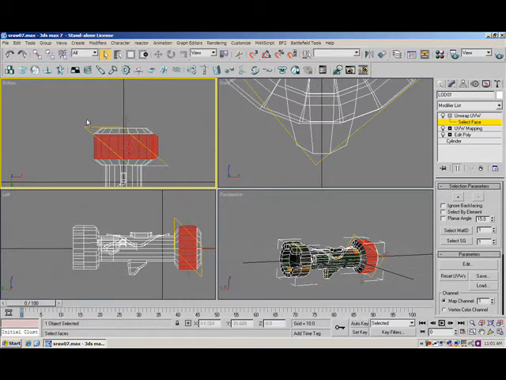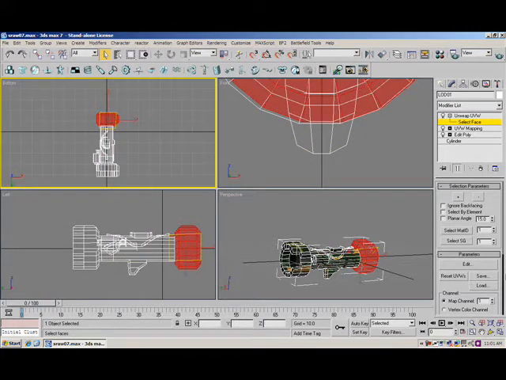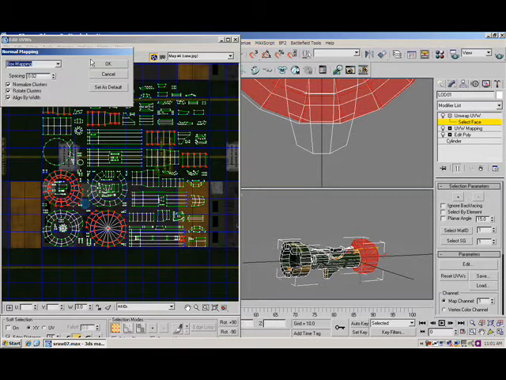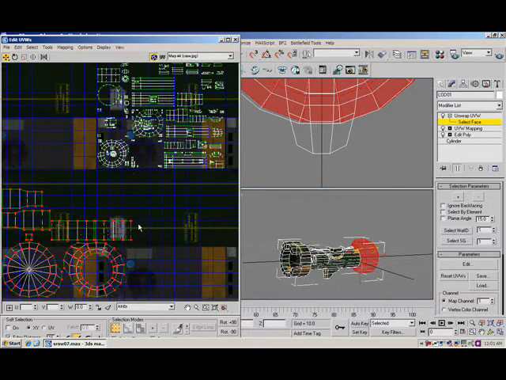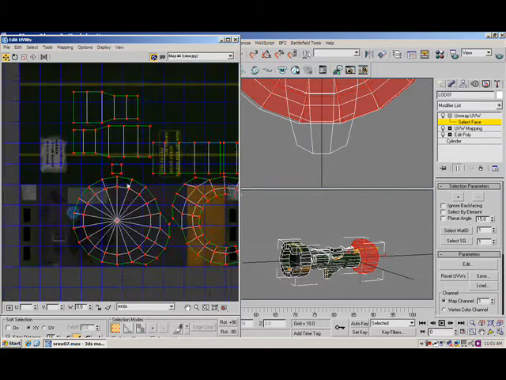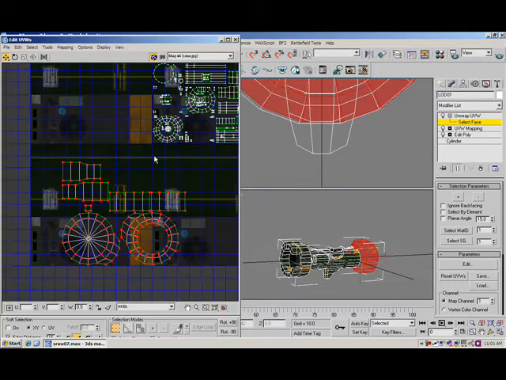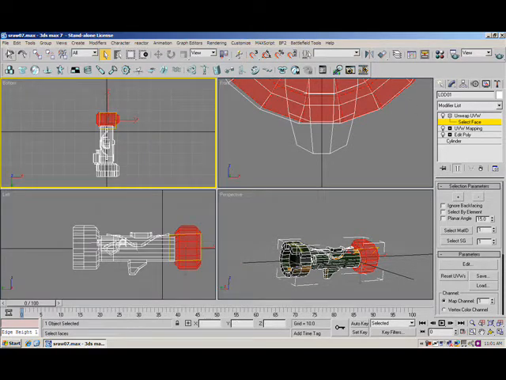If I select the whole back part of this model, I can go to mapping, normal mapping, box mapping, and it'll map this out a little bit different for me. It'll make it a little less complex for me there. And I can just drag this to wherever I want it. But